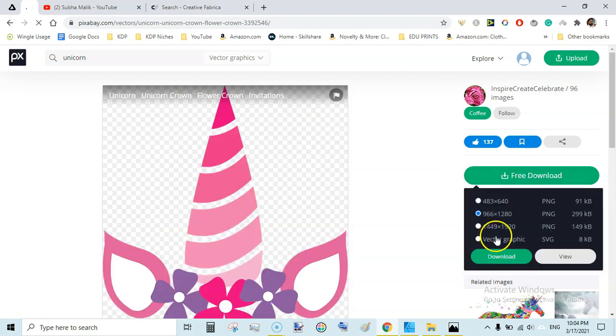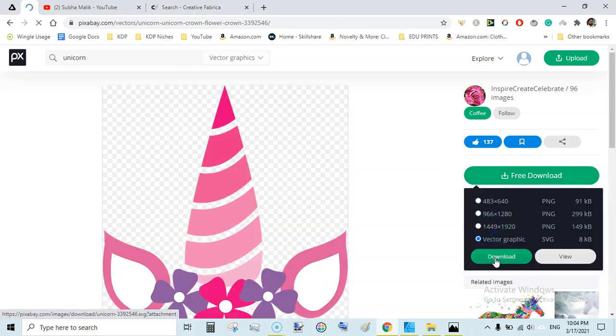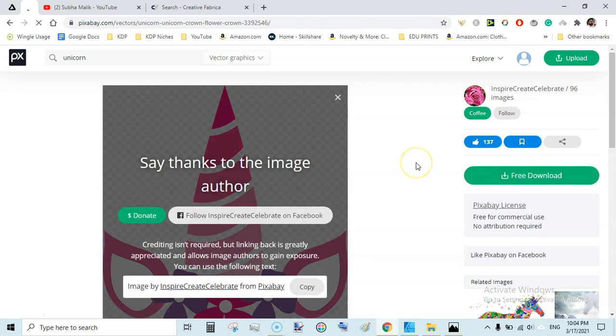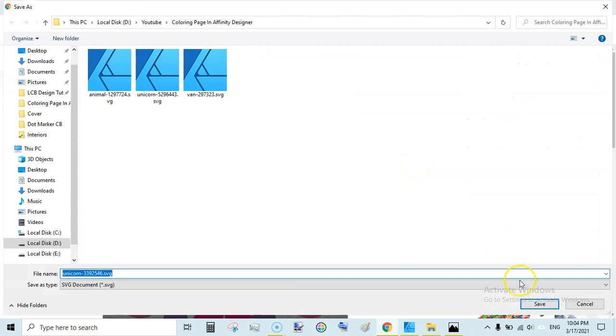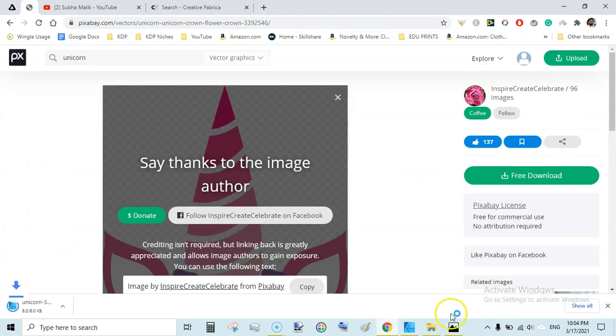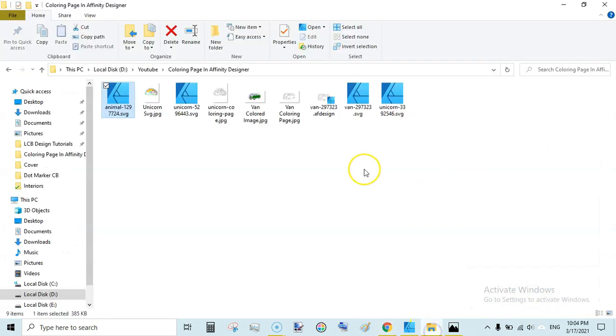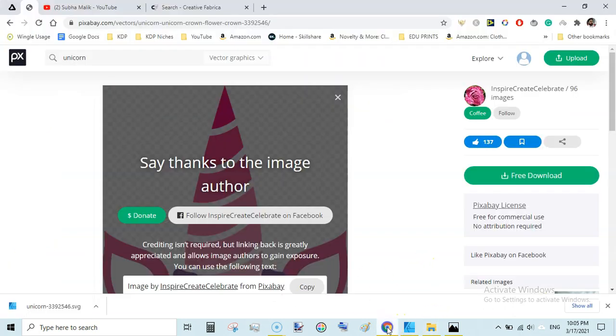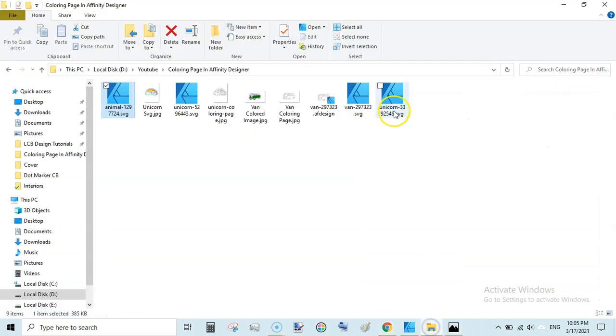Click on free download, then go to vector graphic and click download, and once it is downloaded in the download folder you specified, just navigate to the folder and click on the image that you have recently downloaded. Just let me see the name, unicorn 33925, this one.